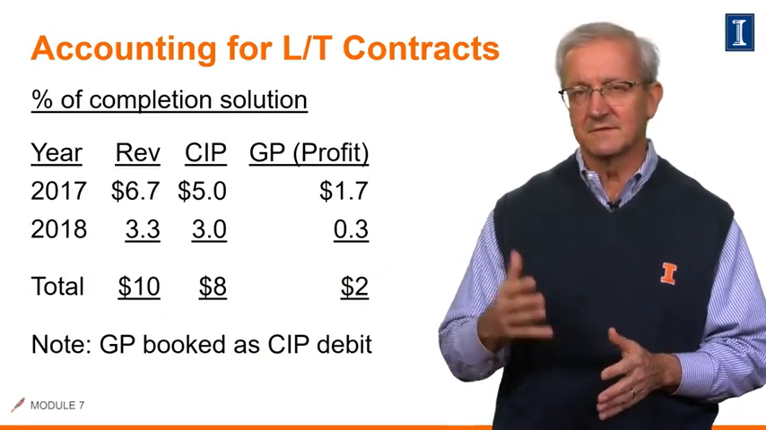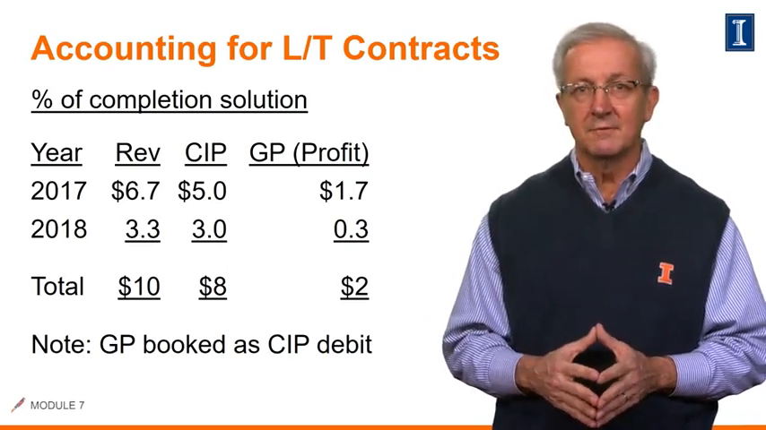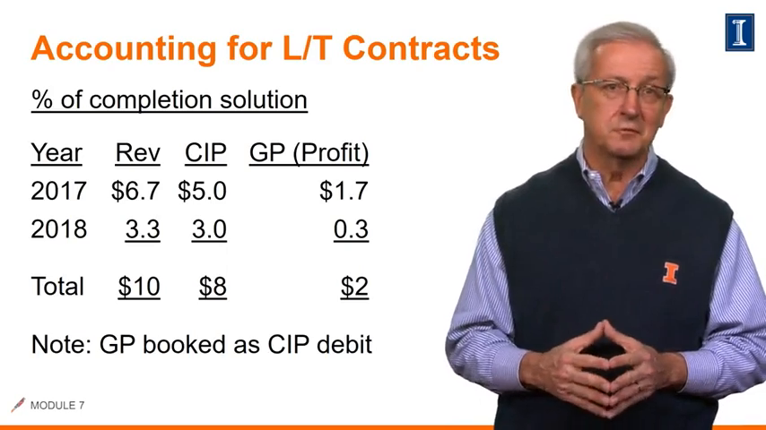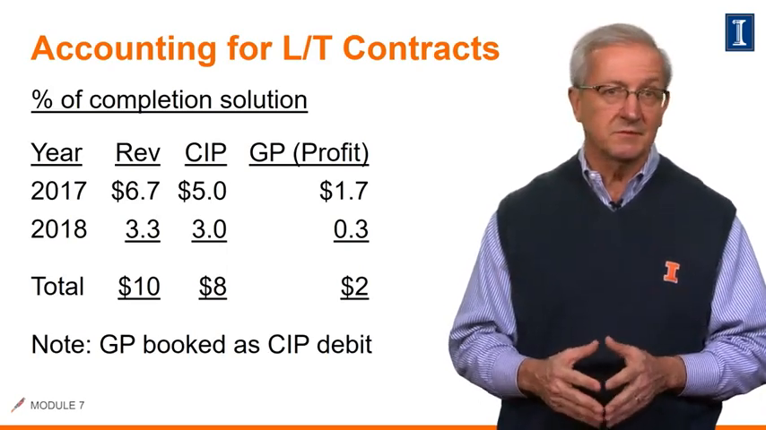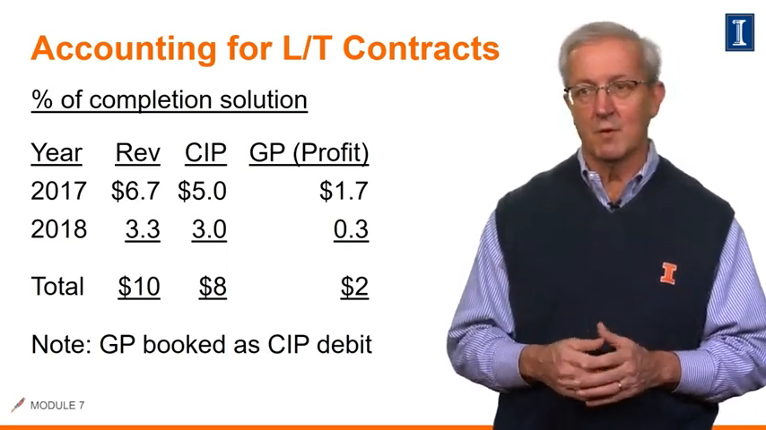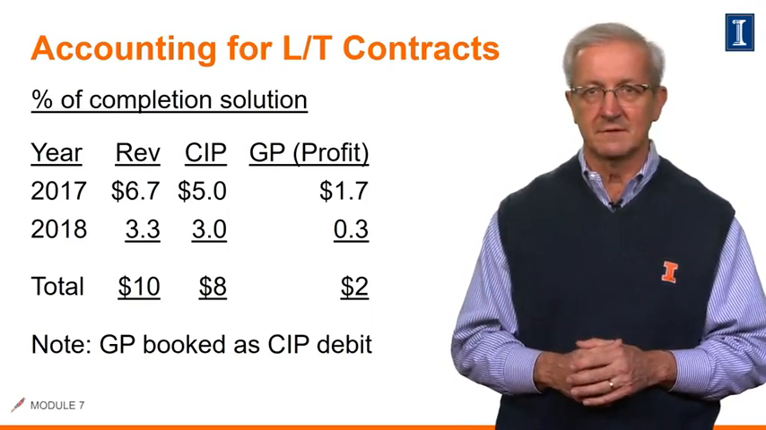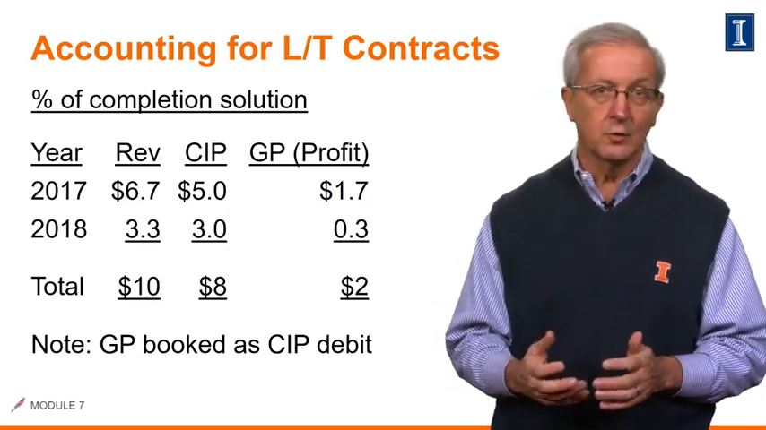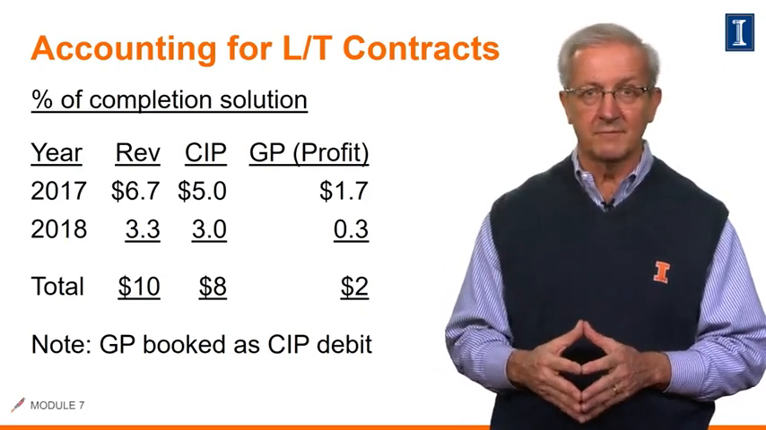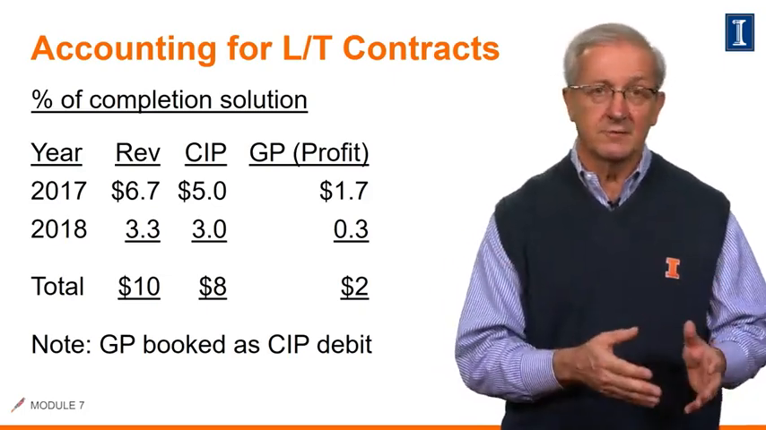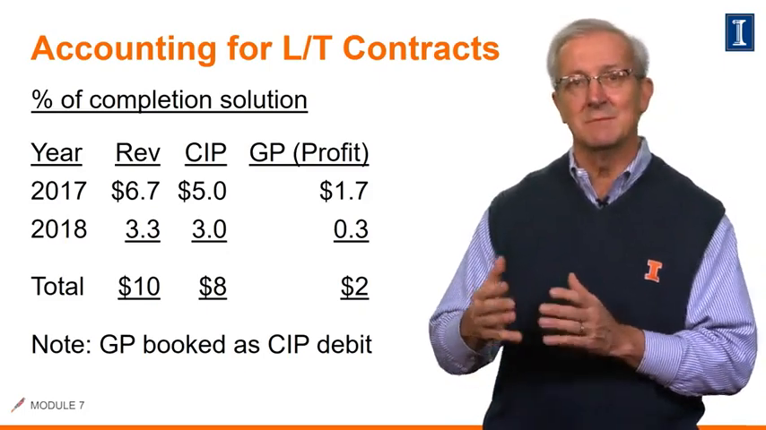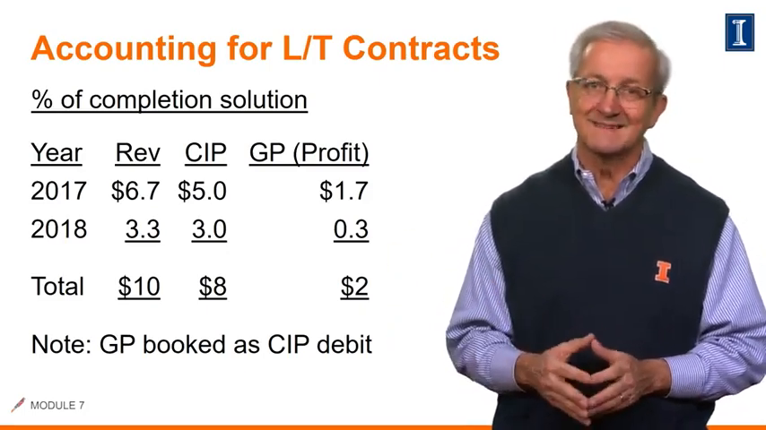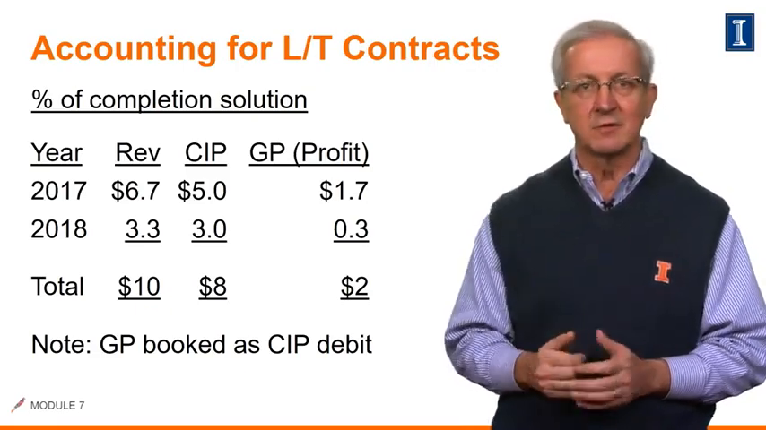Now let's complete the solution for this example. If we subtract the annual cost incurred, given earlier, from the annual revenue just calculated. Thus, we reflect a gross profit of $1.7 million in 2017 and then $300,000 in 2018. In total, we reflect the $2 million of total profit, which makes sense. The total contract's worth $10 million and we spent $8 million of cost. Please note that the gross profit is booked as a debit to that CIP account we talked about earlier,